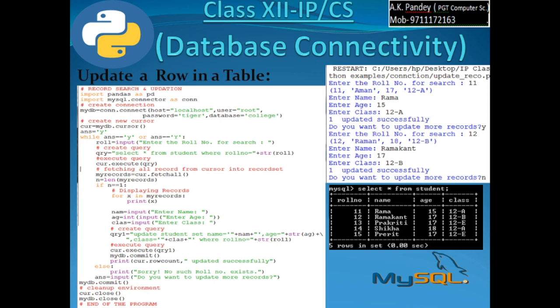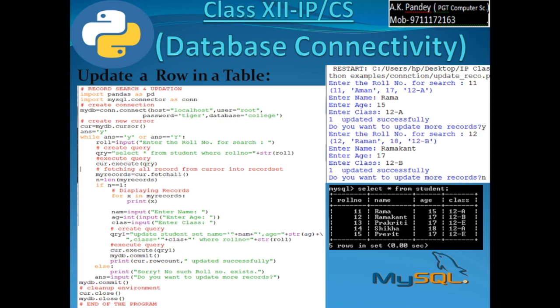Whatever fields are to be updated, that has to be given as input, and then make an SQL query using the update command using that particular primary key, say roll number here, and that update query can be executed to update the record successfully. This is the logic behind it.